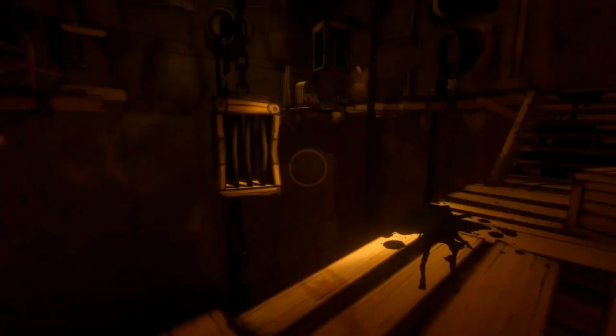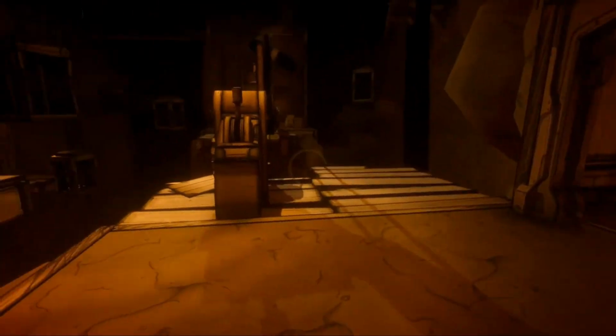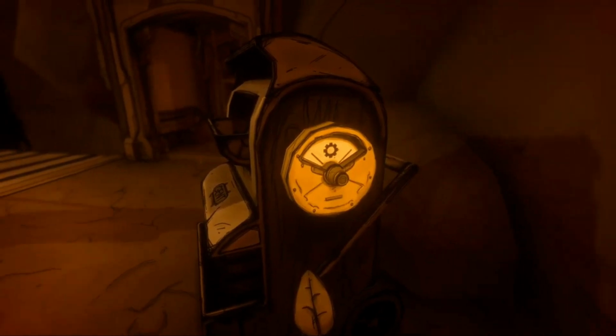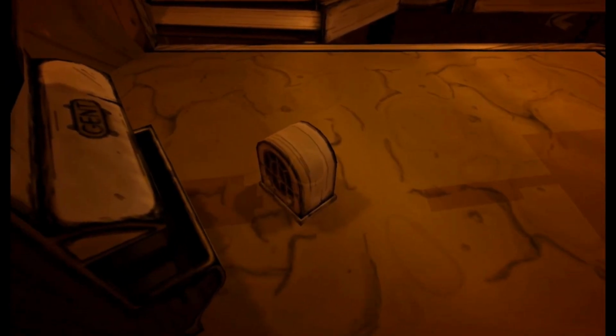The next room is a deep cave that we have to use a ski lift to get across to the other side. To get it working again, we have to use a mini ink machine thing to make a gear that will connect with the ski lift to make it work. Also, in this mini ink machine, you can make a radio, which will play the fan song Can't Be Erased